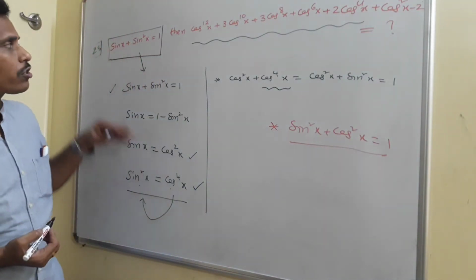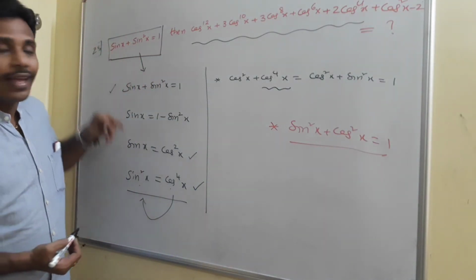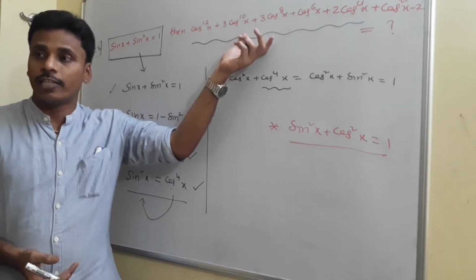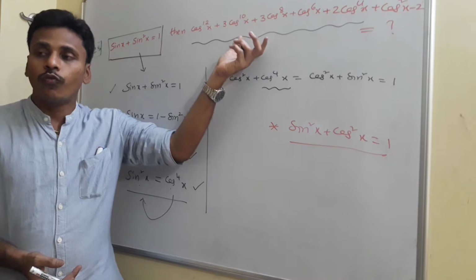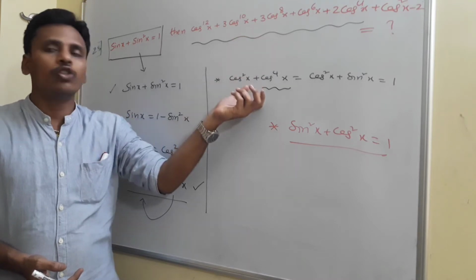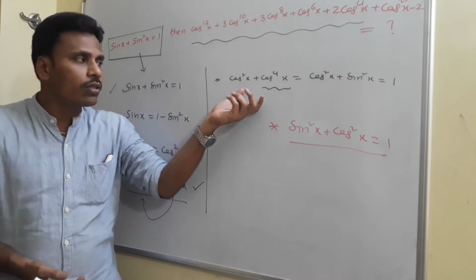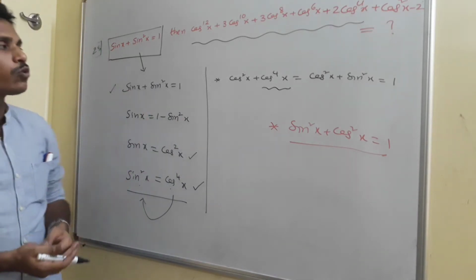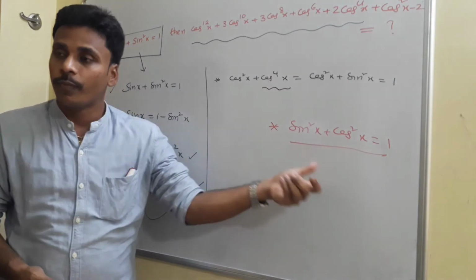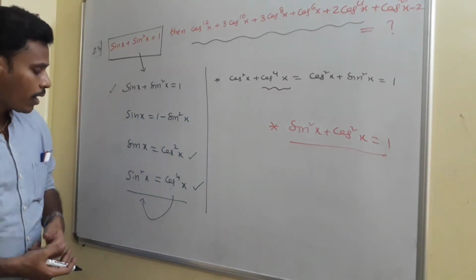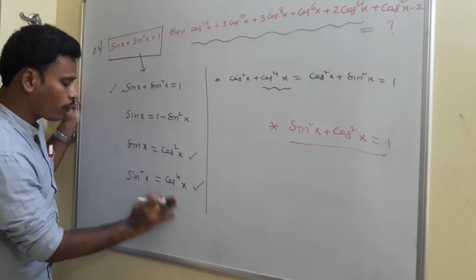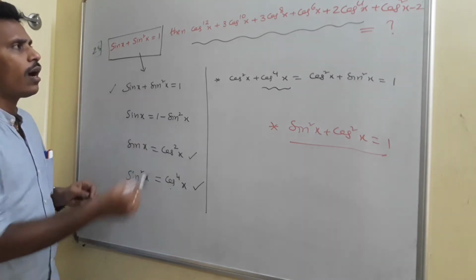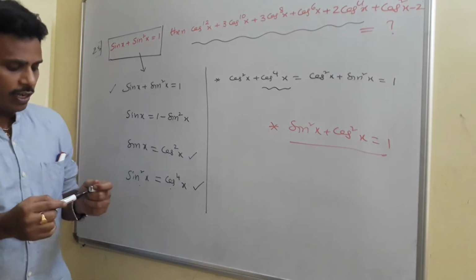Right? Actually, my question is different from the given one. The given thing is sin x plus sin square x is equal to 1, and they ask us to find this lengthy expression. And before going to find the lengthy value, I mentioned a few simple things. They may ask you these simple questions also. If sin x plus sin square x is equal to 1, then what do you say about cos square x plus cos power 4x? Again, it is 1. Okay, and this sin square x is equal to cos power 4x, and still you may do something using this, and now I am going to find this lengthy expression.